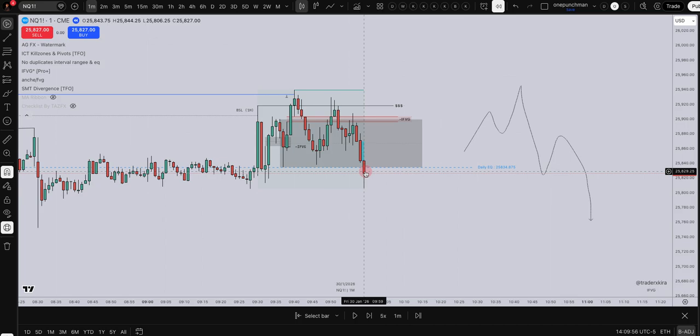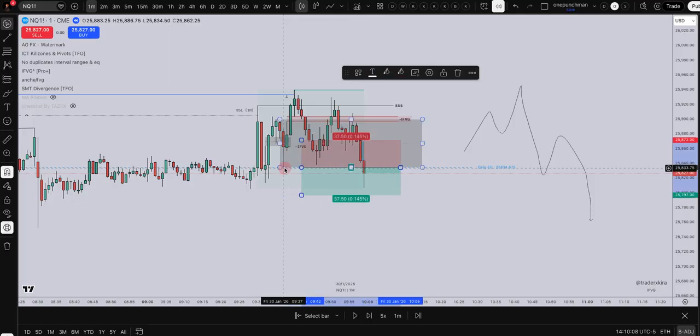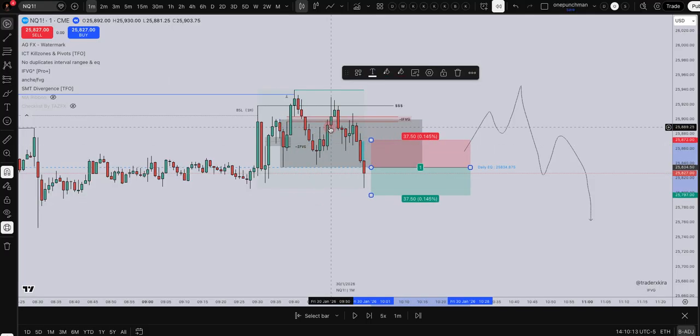I would probably say it's not A+, because it doesn't have strong displacement through the breaker. We've got consolidation happening through the breaker, okay? But let's just say, for whatever reason, you do decide to enter, and it's not A+, it's like a B+ setup or whatever. So you enter right here,